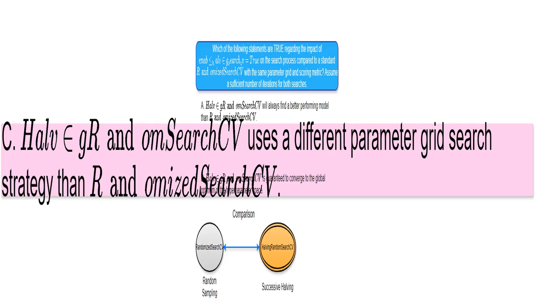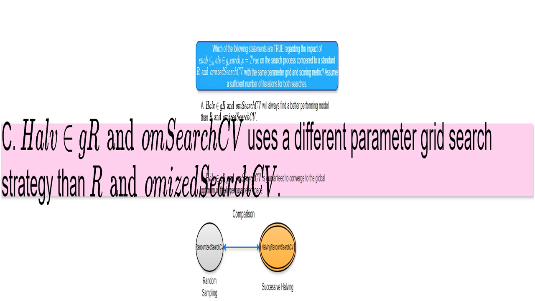This statement is false. Neither HalvingRandomSearchCV nor RandomizedSearchCV guarantee finding the absolute best hyperparameter combination, the global optimum. They are both heuristic search methods. They try their best, but there's no guarantee they'll hit the very best solution. The hyperparameter space might be complex, leading to local optima, peaks that look best in their vicinity, but are not